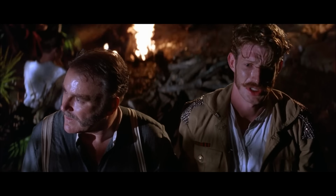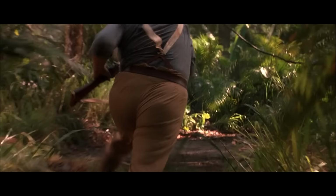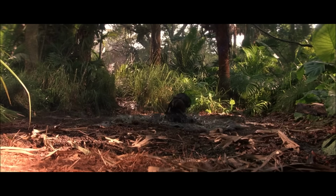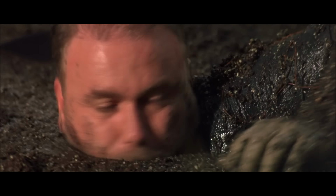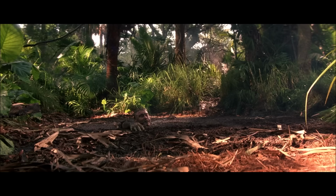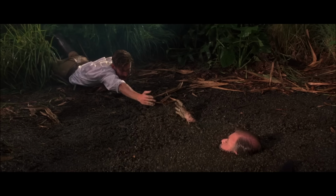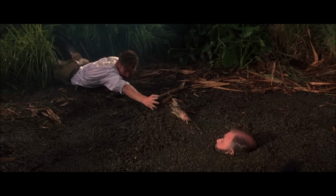First of all, you've got Wilkins losing his mind out of fear being in the jungle. Then we've got the death of Harley, which is one of the most traumatizing movie deaths of my entire childhood. Not quite T2 levels of trauma, but really not that far off either. I think it's the way you can see the quicksand staining Harley's teeth like he swallowed a bunch of it without meaning to. It feels very visceral, but also, I'm not gonna lie, it really makes me think about that